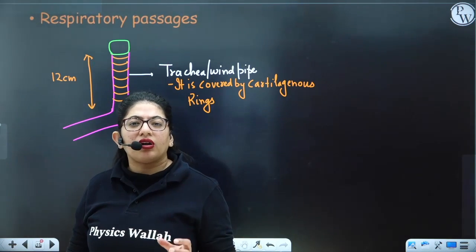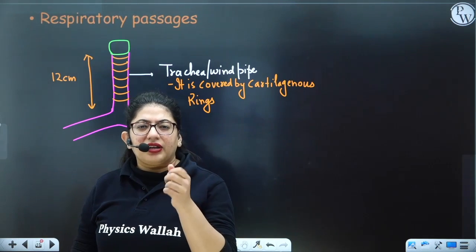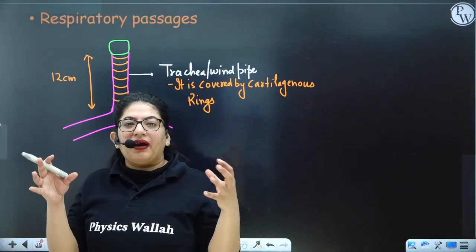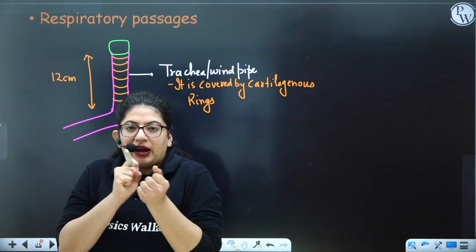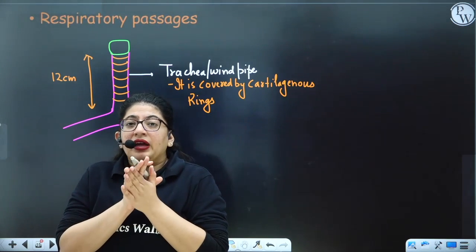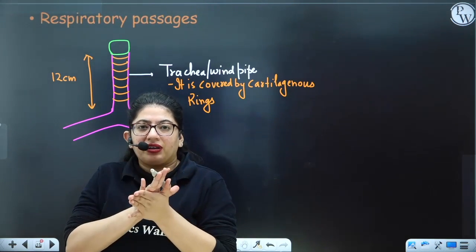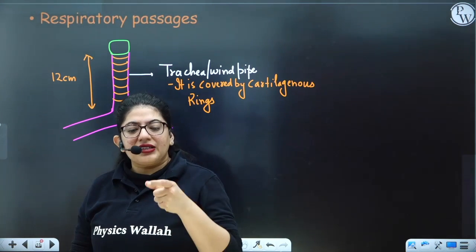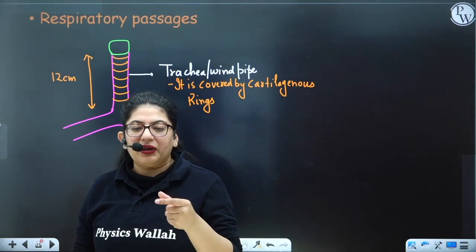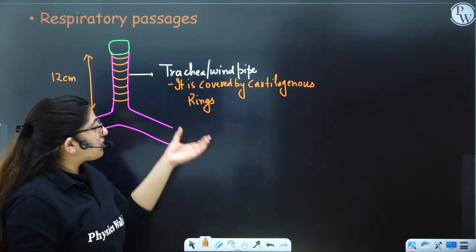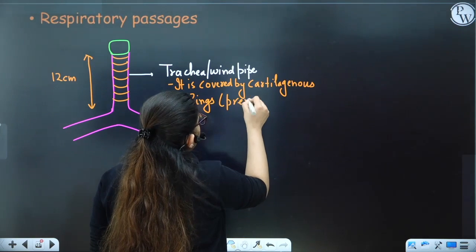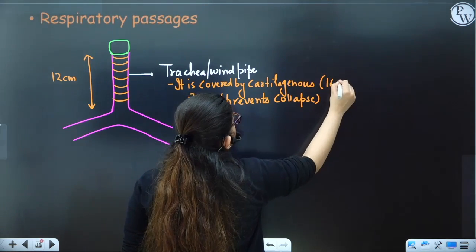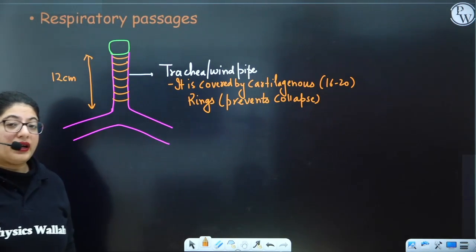You know, the trachea is small. It's very delicate, and it's made up of muscles and skin. When there is entry of air, it can expand, and when the air moves out, it can collapse. It can move back to its place like this, just like a balloon, right? But we don't want it to collapse. We don't want it to get retracted. The reason is, if it collapses, it can actually choke you. So nature has given us the rings that will make it thicker, and it will prevent its collapse. So what is the function of these rings? Prevents collapse. How many are there? There are around 16 to 20 rings.